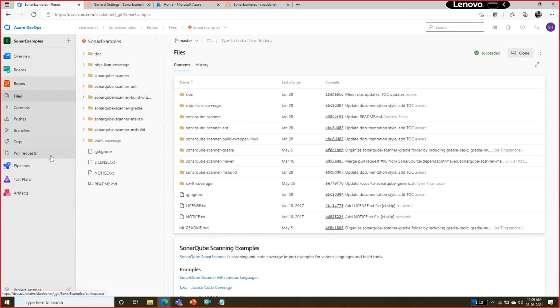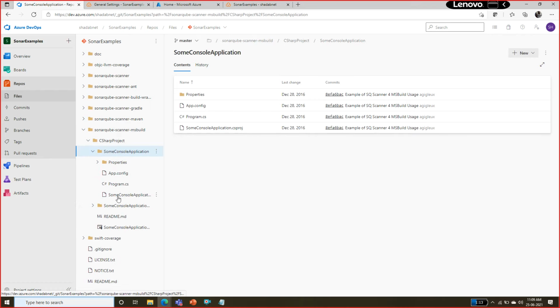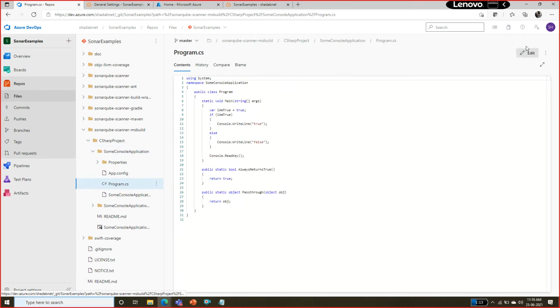and we are going to modify some code in our project. Okay, we'll go to something called the ms build SonarCloud project. We'll go to the application, we'll go to the program.cs file. We have to edit this file, and we are going to write some code here, and I'm going to say public void